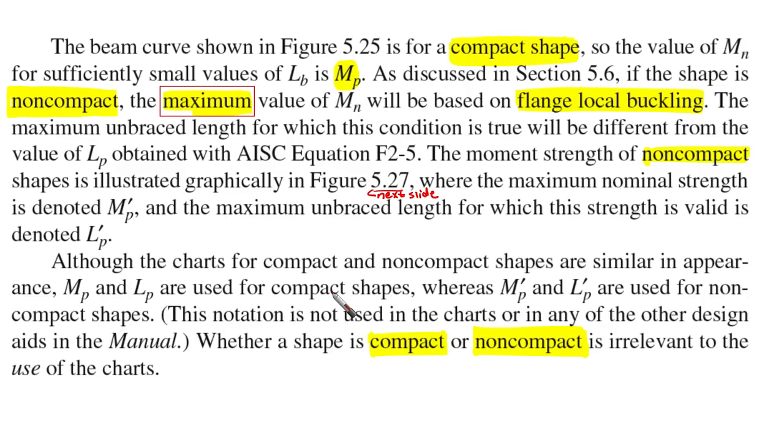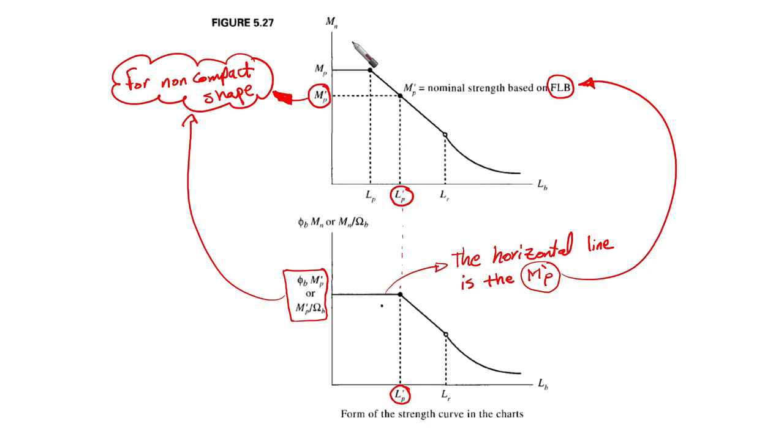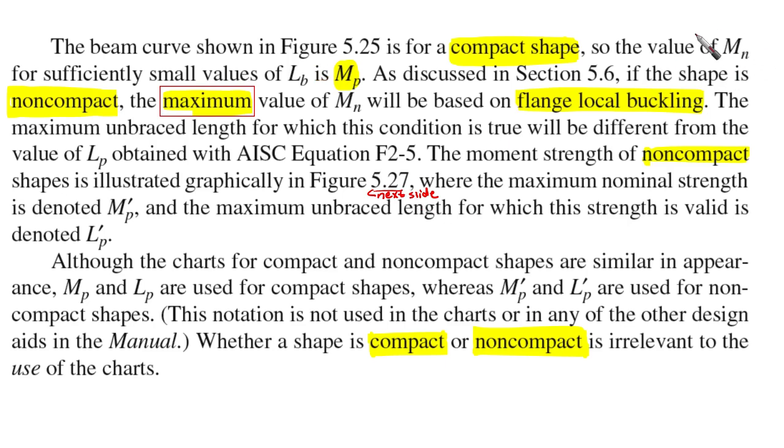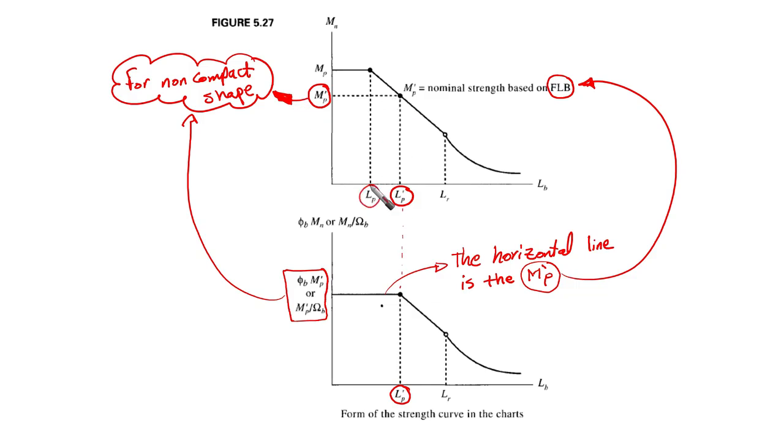The beam curve shown in the figure that we have mentioned before is important for us. For this one, for example, it was for a compact shape. As we said, this is MP. It is for a compact shape. So the value of Mn for sufficiently small values of LB is MP. And this is what I have said here: for unbraced length less than LP, we are going to experience MP, which is the plastic moment. However, if we have a non-compact shape, then